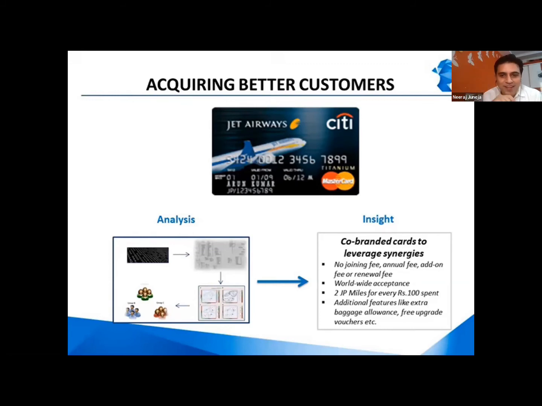The answer is very simple. Citibank conducted an exercise, a business analytics exercise, through which they came to know that most of the profitable customers were travelers, and they were traveling through Jet Airways, right? As you can see on the left-hand side, a lot of data digging is going on, a lot of historical data was being collected, right? And a lot of patterns were being derived, and a lot of insights were being developed by Citibank. Then Citibank thought, why not collaborate with Jet Airways and offer our customers all these lucrative offers, right? And